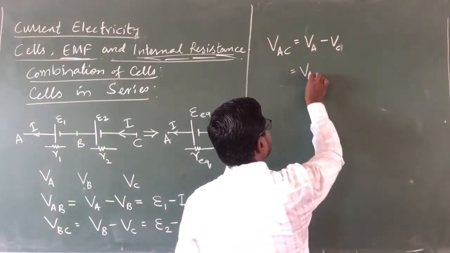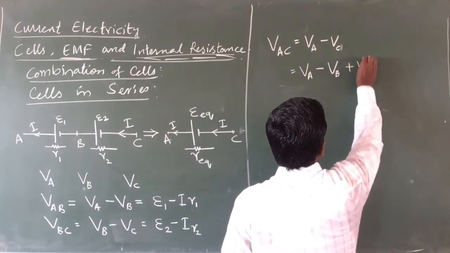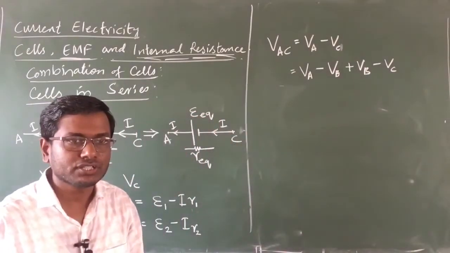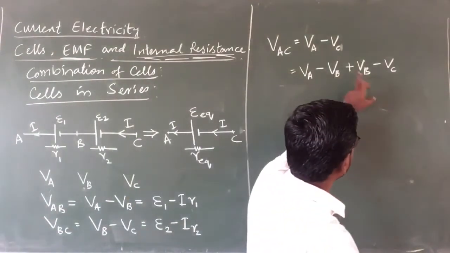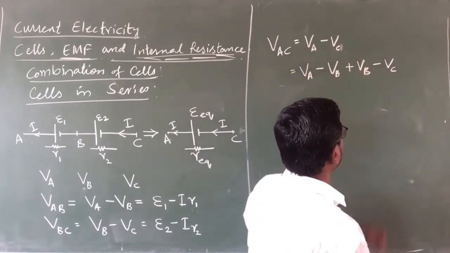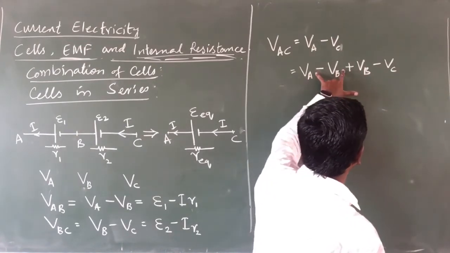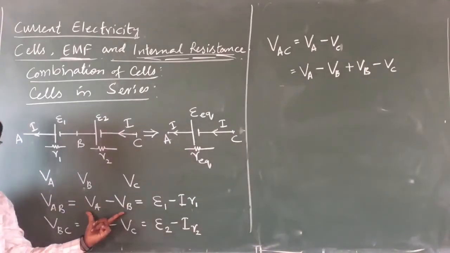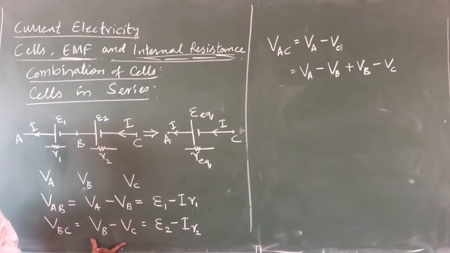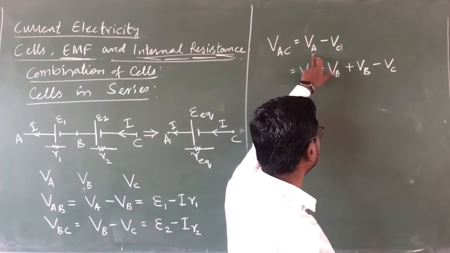So VA is already there. I will subtract VB. Then I will add VB. Then there is a VC. Is it going to change anything in that equation? Algebraically, this VB, plus and minus, will cancel out. Again, I'm going to get this equation. But what this minus VB and plus VB is going to give is this: VA minus VB is going to complete my equation in this form, and that VB minus VC is going to complete my equation in this form. So that is why we have added that plus VB and minus VB into that equation.